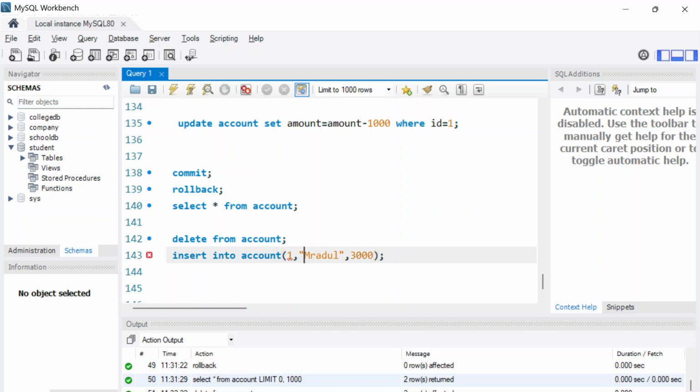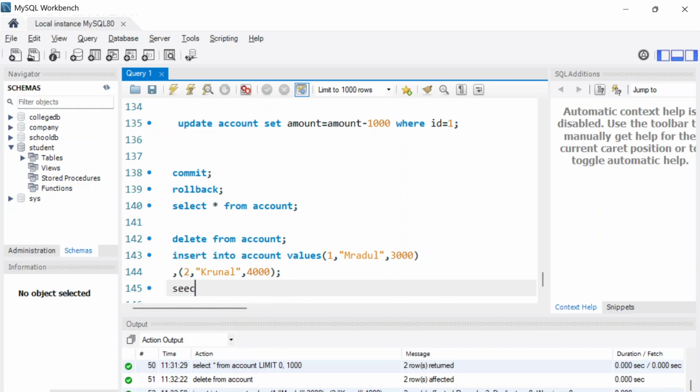What is the error? Okay, sorry, values. And after that, we will add Krunal, and 4000, and then control click, and when we see our data, select star from account, there are only